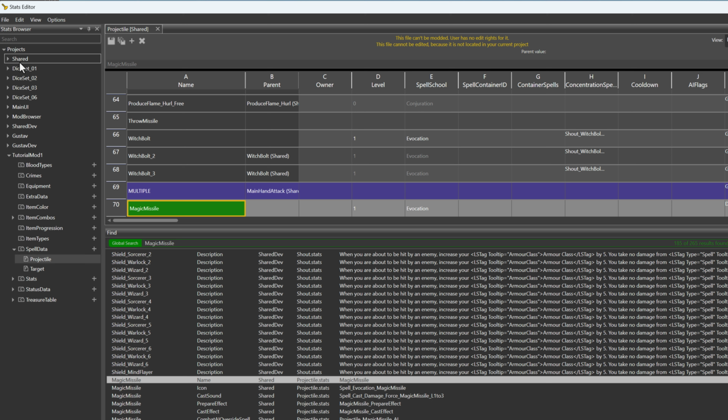I could be getting this wrong, but just know that shared is early access, and then beta would be shared dev maybe, and release or whatever DLCs. So that's why we have Gustav dev, Gustav shared dev, shared. They're basically from different phases or evolutions of the game. Not that this really matters to us,